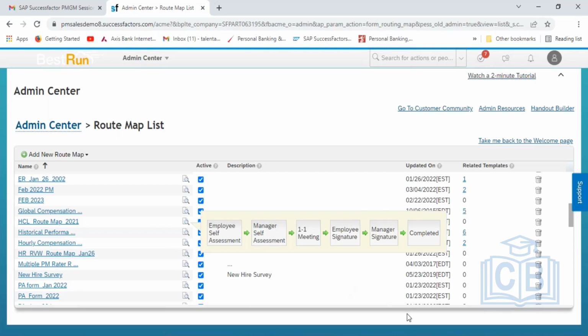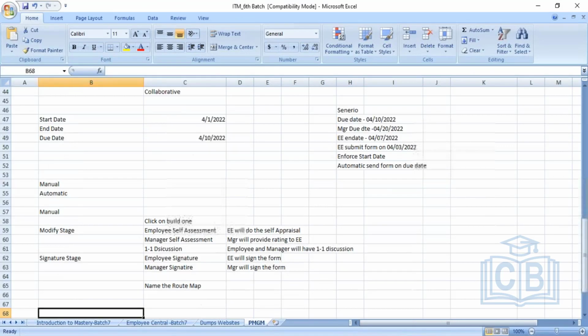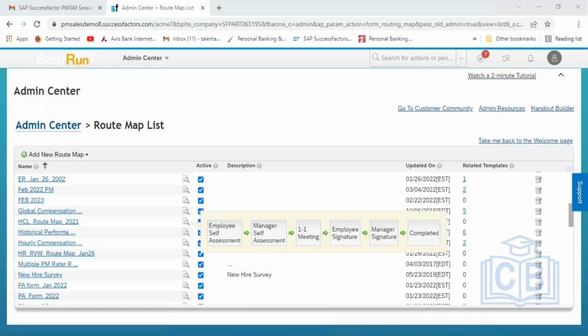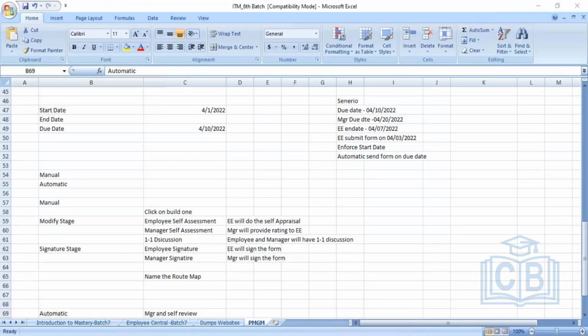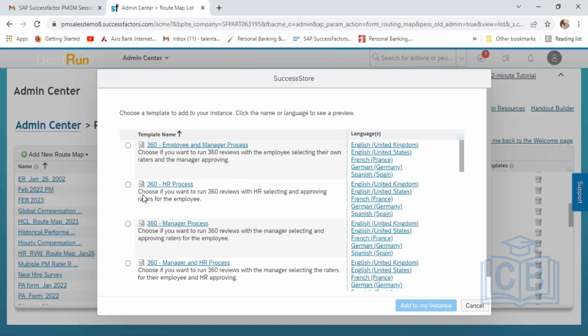Okay. So we have discussed how we can do it manually. Let's also see how we can do it automatically. In the automatic, when we go to automatic, you have to click on choose from library. SuccessFactors will have some library. When you open here, this is called SuccessStore. Initially, a couple of